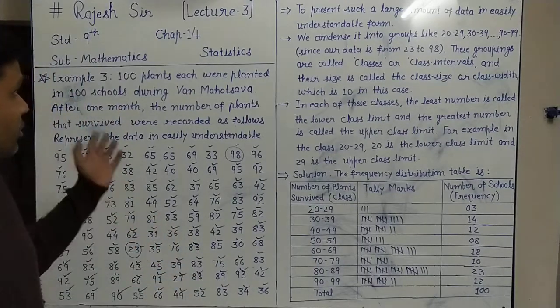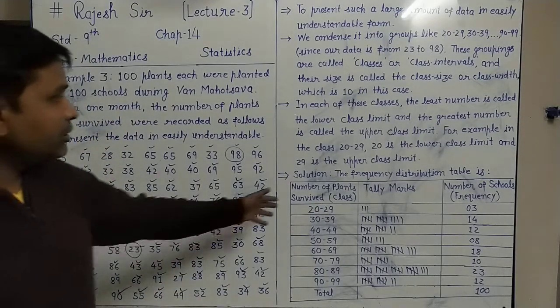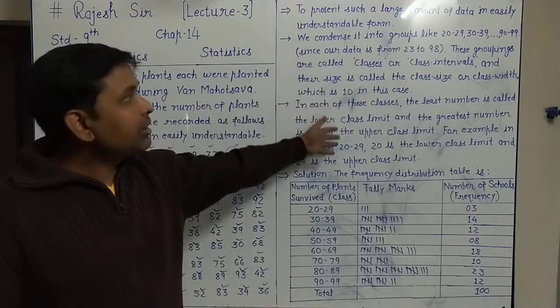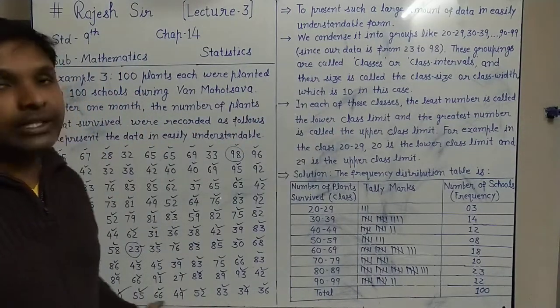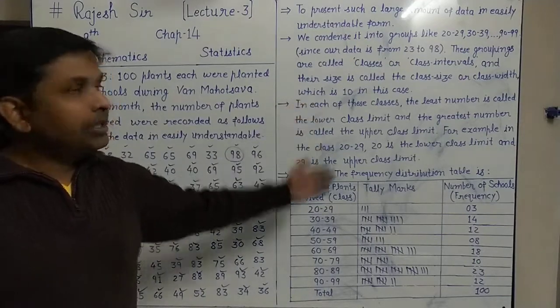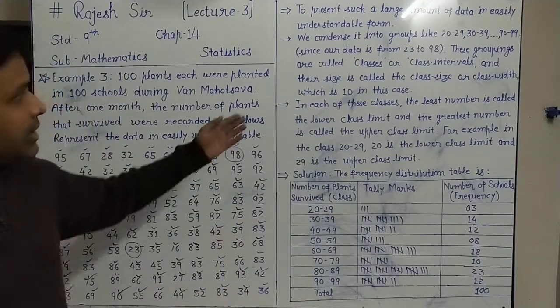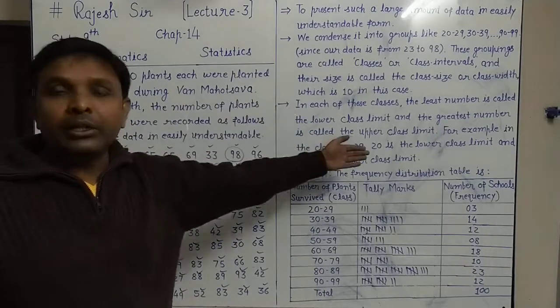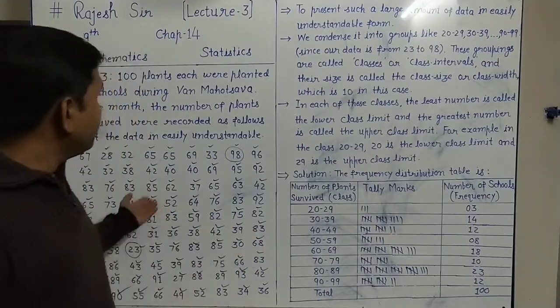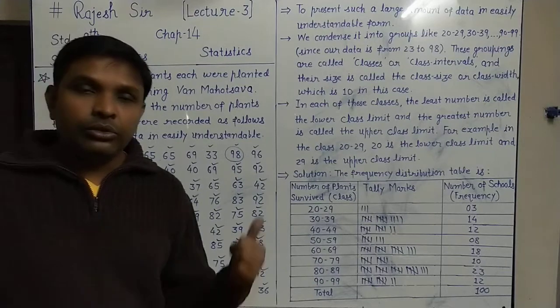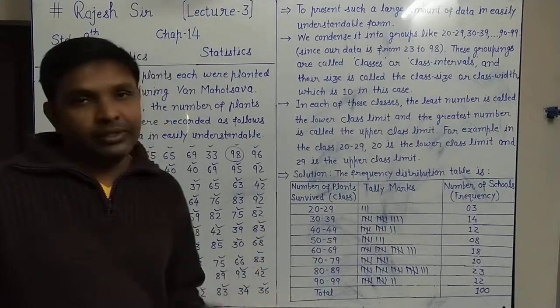So you are suggested to write this answer of example 3. This is only the solution, but these are the definitions we have written. For example, we have taken this example in that, so you can understand it very easily. In exams also, these types of definition-related questions are asked for 1 mark, and this question can be asked for 2 or 3 marks. So you are supposed to write it and understand it. Thank you.